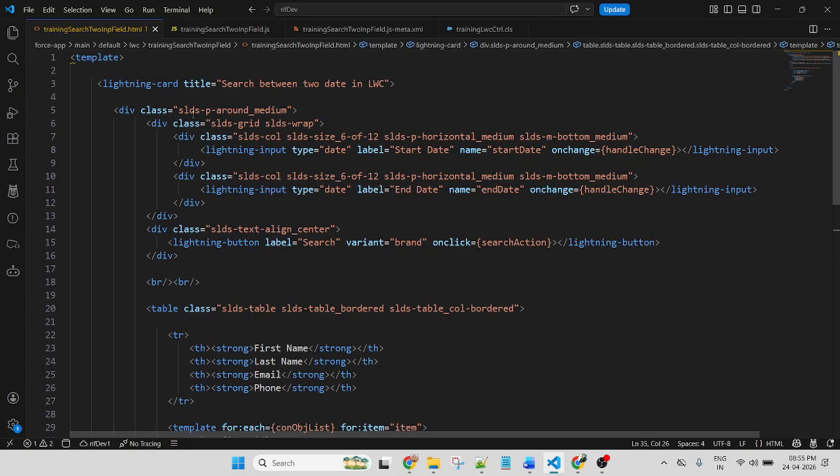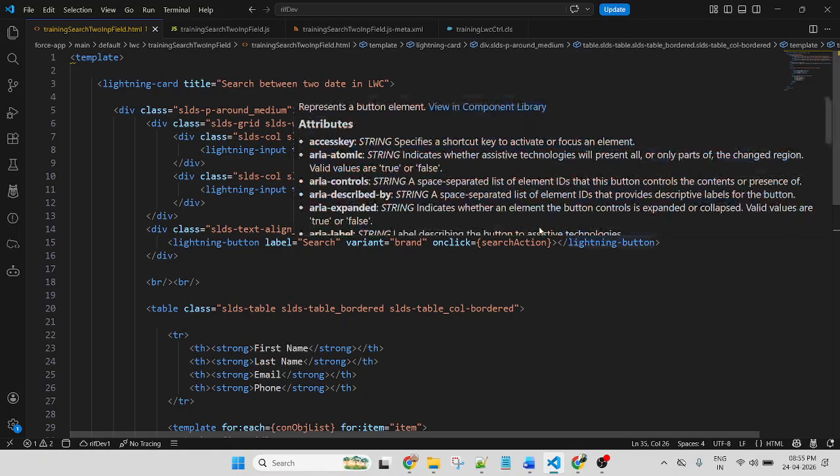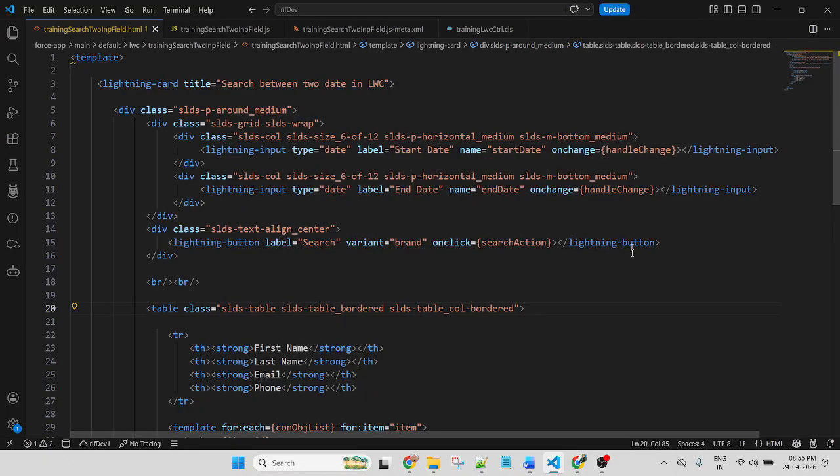Whether you use a custom object, a standard object, or any kind of input field, the process is the same. So first of all, you need to understand how the function works. If you understood the function, you can do it for each and every object, each and every SQL query.